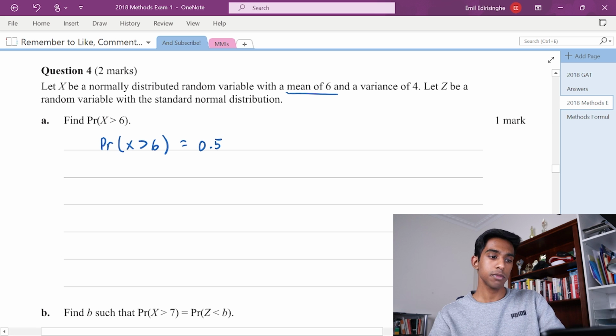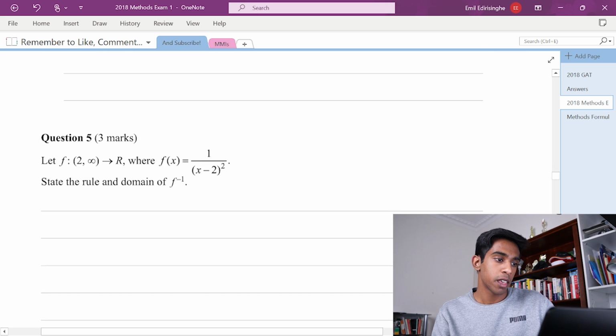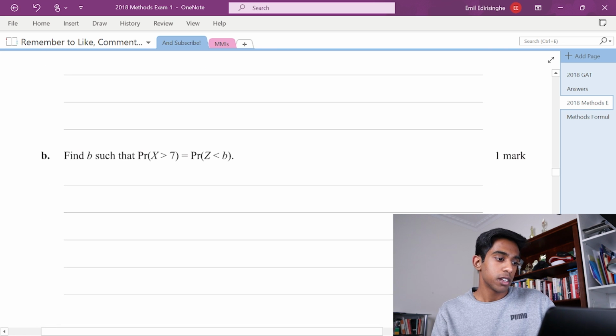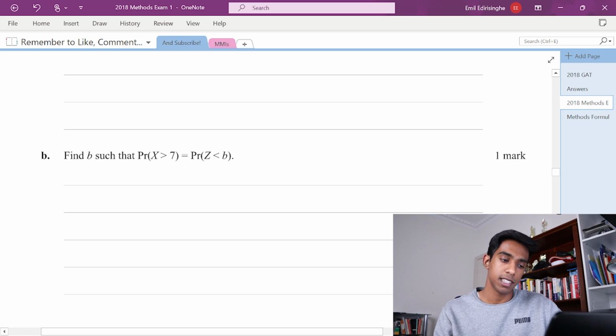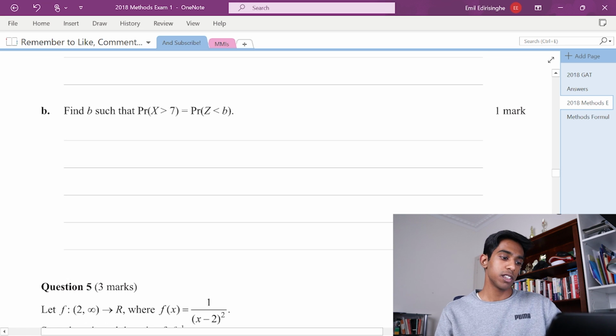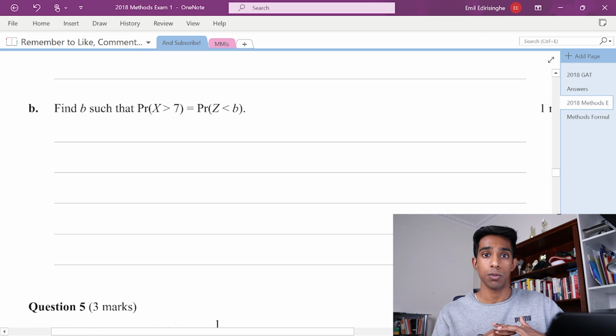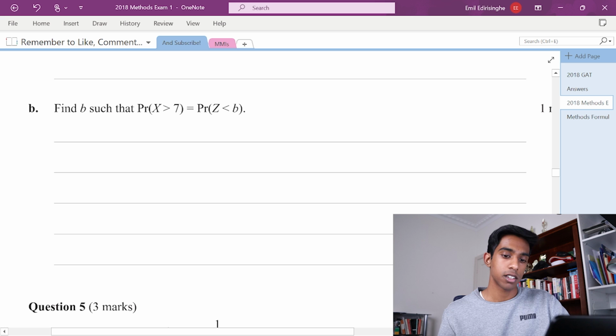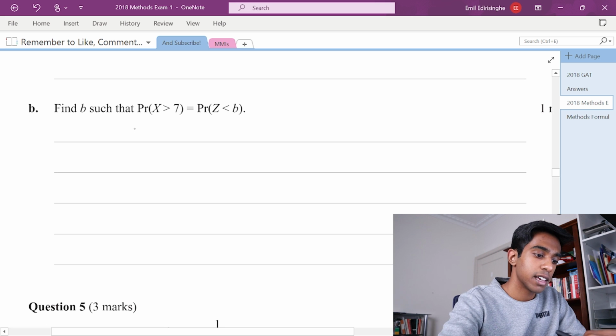0.5. And it's 1 mark as well, so you really don't need any more working than that. Then we're looking for the probability, find b such that the probability that x is greater than 7 is equal to the probability that z is less than b. So with this question, what we're looking at is the standard normal distribution, and hopefully we should know that